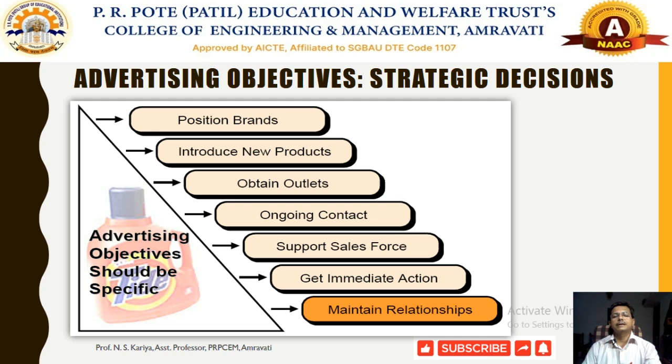So these are the special kind of goals that they are going to achieve. Generally we call them strategic goals. This will help to maintain the relationship with the clients, specifically the stakeholders or customers also. To get an immediate action, by means of advertising we can induce the buyer's behavior, to induce that particular group of customers